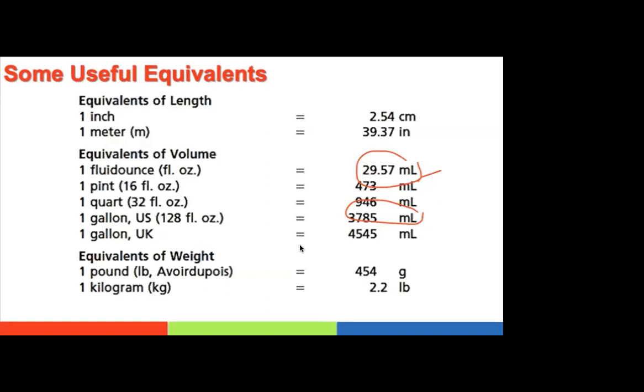Sige, kunwari 5 feet ka. Convert that to meters. Kasi magko-compute tayo mamaya ng BSA. Kung 5 feet ka, i-multiply mo ito, 1 foot is equal to 12 inches. Tama? And then, from inches,